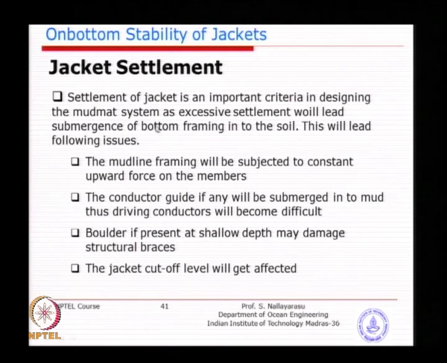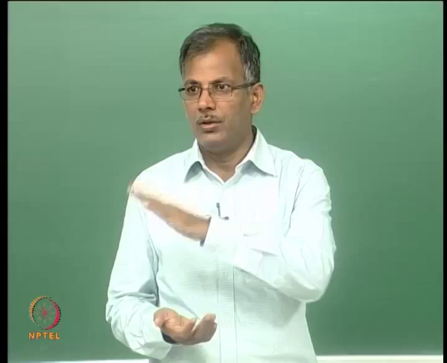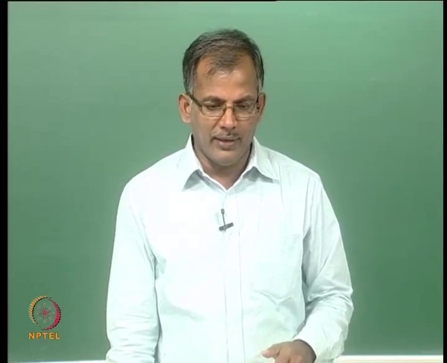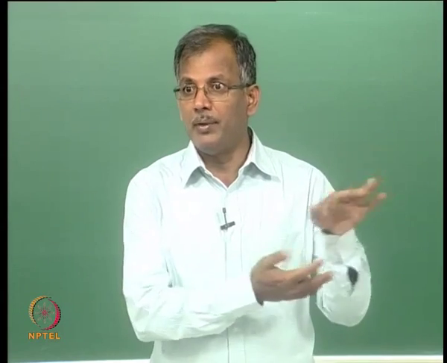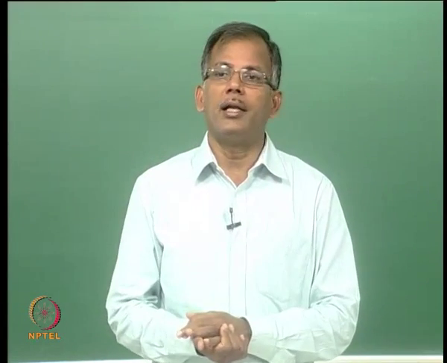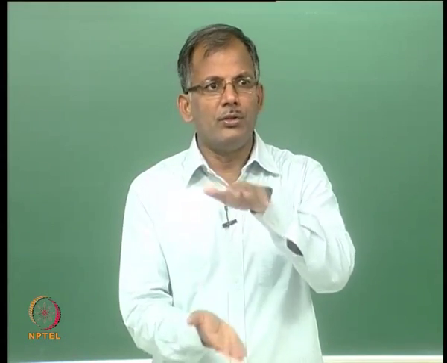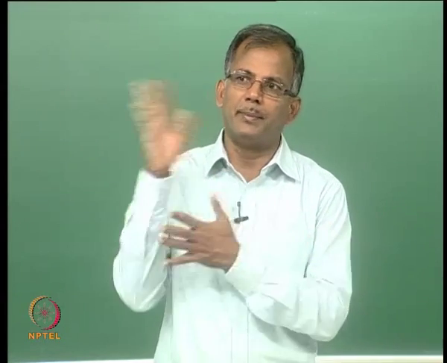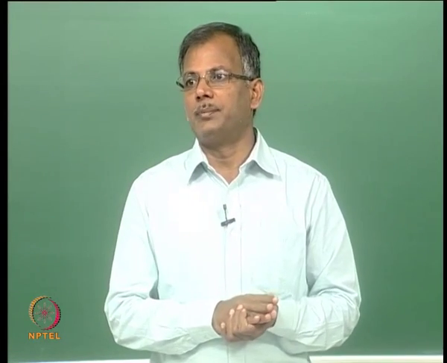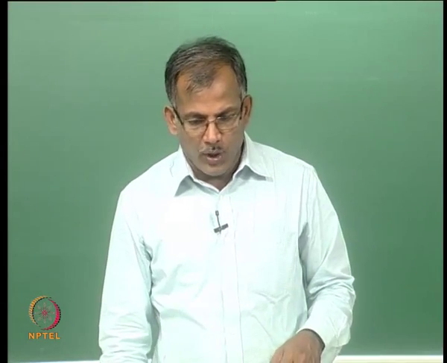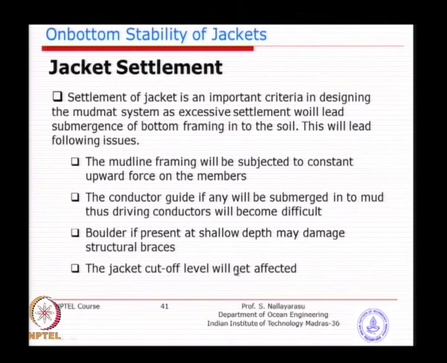That is why, if the amount of settlement can be estimated, you make everything pre-arranged so that even after 500 mm settlement your requirements are met. That is the idea, but at the same time you should not overestimate. Instead of lesser settlement happening in the field, if you estimate higher than the actual, you are going to produce different problems. So, you need to find a solution within upper and lower bounds. What could be the maximum expected settlement, and what could be the minimum expected settlement, within which you can play your parameters such that the ultimate requirements do not give rise to a problem.